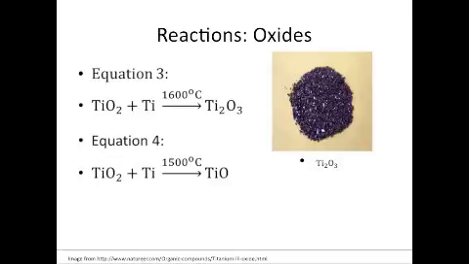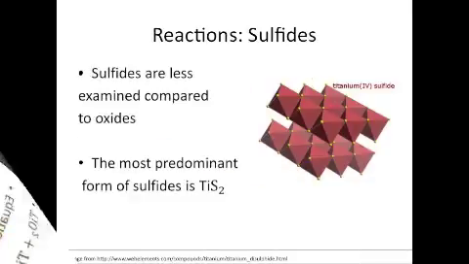Titanium(II) oxide also forms by reacting titanium dioxide and titanium metal, but at 1500 degrees Celsius. Titanium(II) oxide has a defect rock salt structure caused by vacancies in either the titanium or oxygen sites. Therefore, it produces a non-stoichiometric range of 0.75 to 1.25. Titanium(II) oxide forms a trigonal prismatic array at 3000 degrees Celsius.